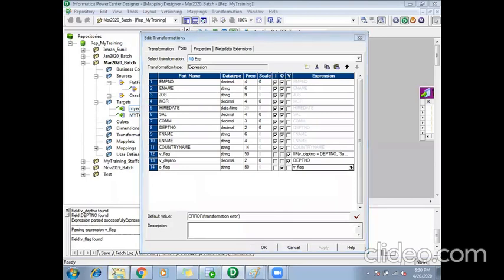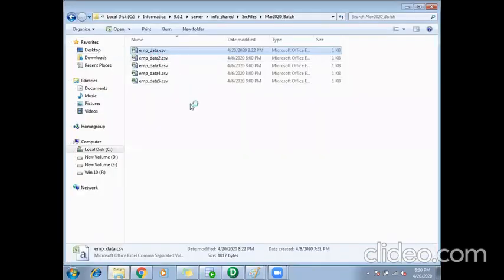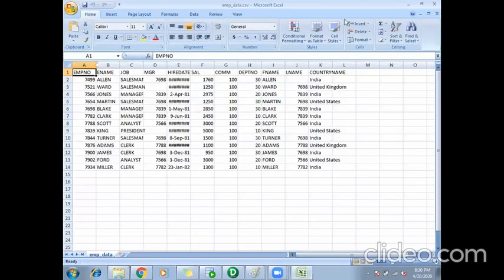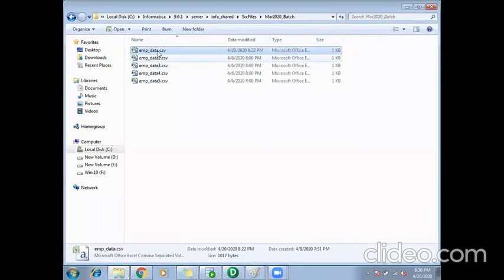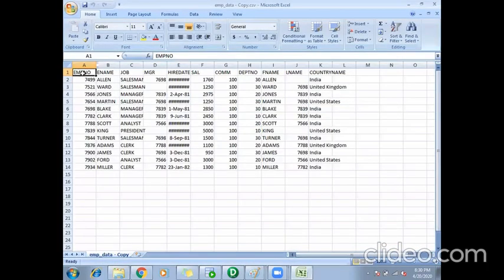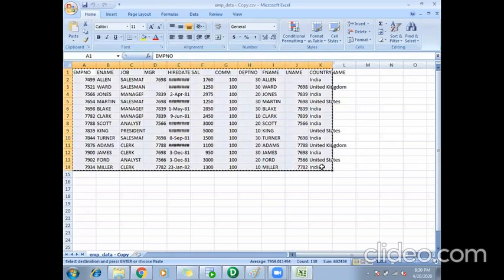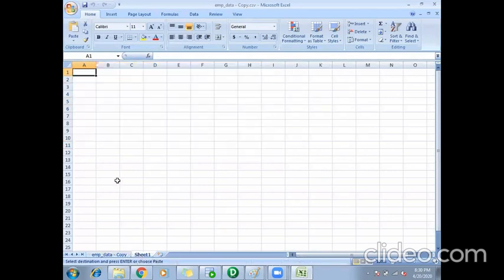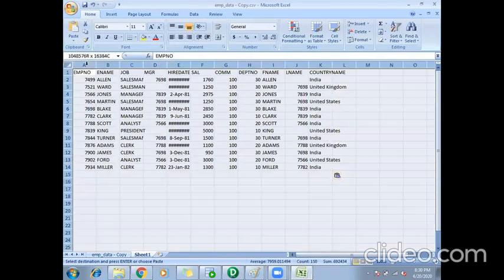So what we are trying to do in our expression transformation, if we try to understand, this is my input file. I'll just copy the same file and show it there. So this was my input file. First, I'm passing these records into my sorter.